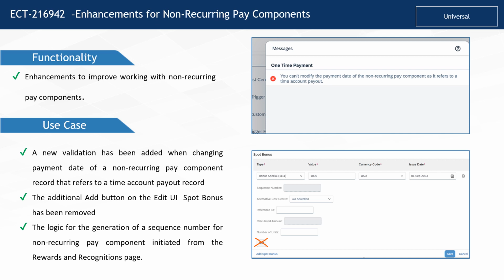Secondly, the additional Add button on the Edit UI Spot Bonus page has been removed as it was confusing to have two buttons to add a spot bonus. And finally, when a one-time payment is initiated from Reward and Recognition, an alphanumeric sequence number is automatically generated. This change is made to keep the sequence number consistent as alphanumeric irrespective of the source of the non-recurring pay component record. Moving on to the last release feature,